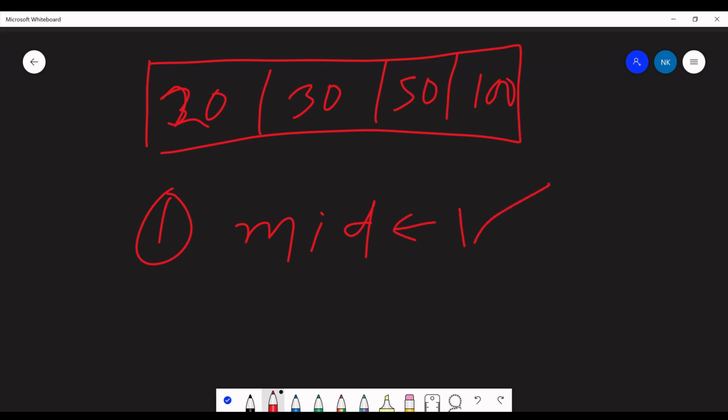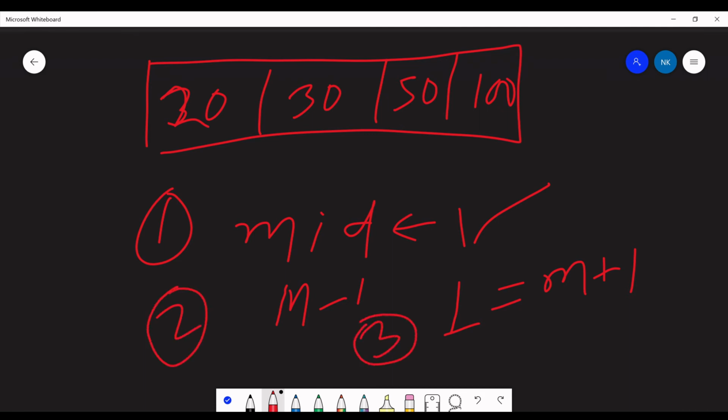If the data is not at mid and it is less than the mid, the highest index becomes mid minus 1. If not, the lowest index becomes mid plus 1. Only three conditions are needed here, and we iterate these in a loop.